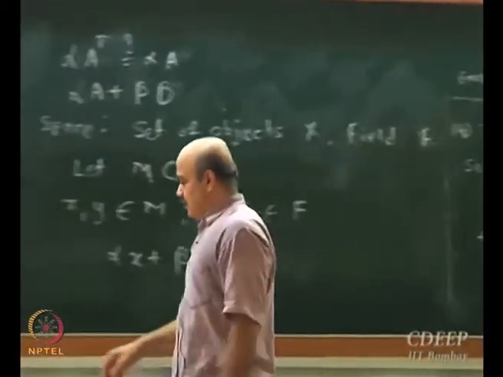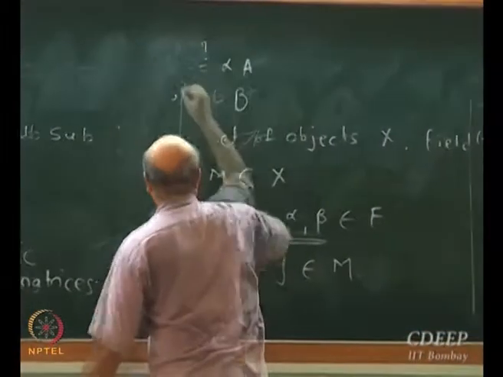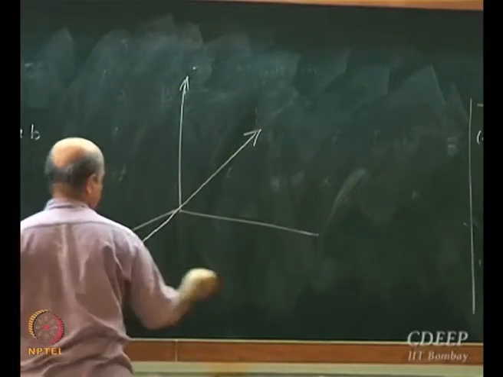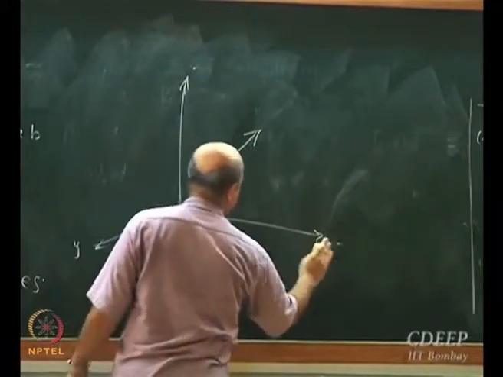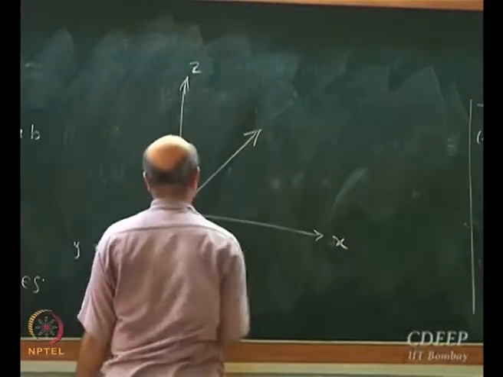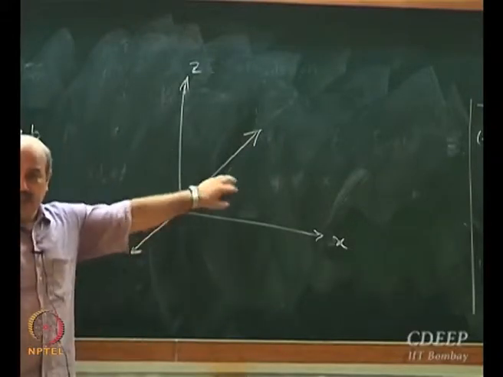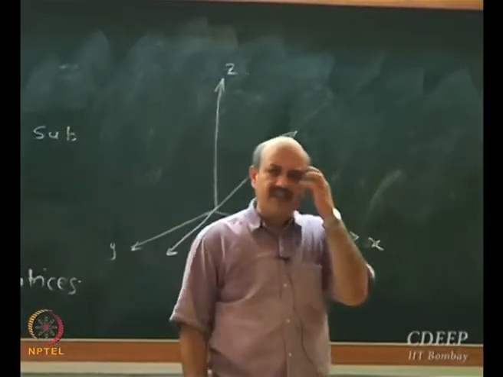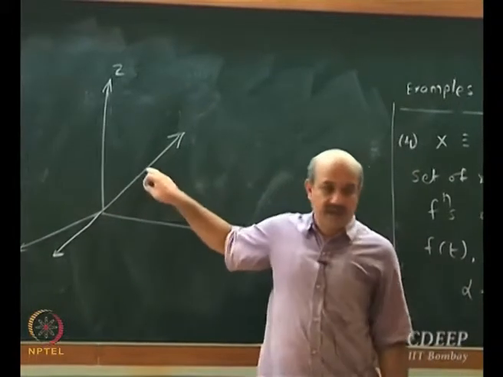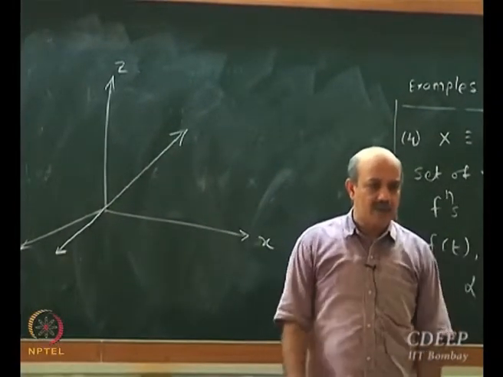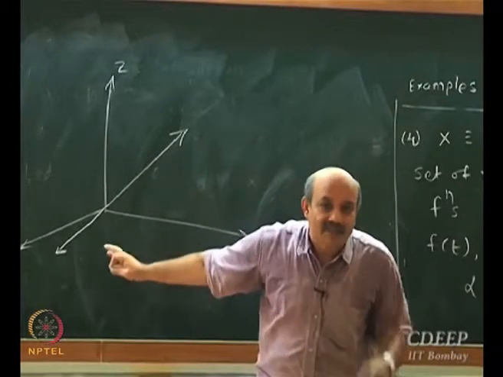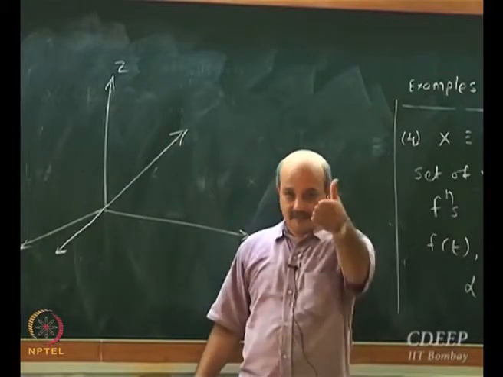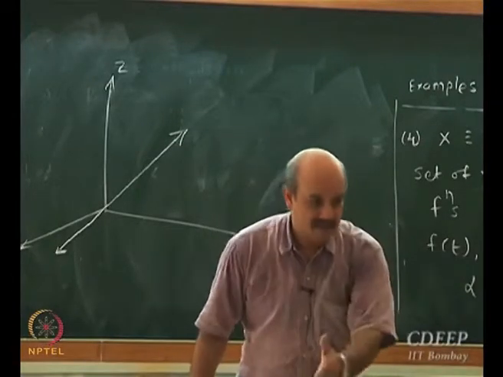Okay. Let's look at this subspace. This is a line passing through the origin, and all of us agree that this is a subspace. Any vector on this line will be represented by 3 components. Does it mean it's a 3-dimensional subspace? What is the dimension? 1. Why? Because it's all lines. Number of independent vectors is only 1.